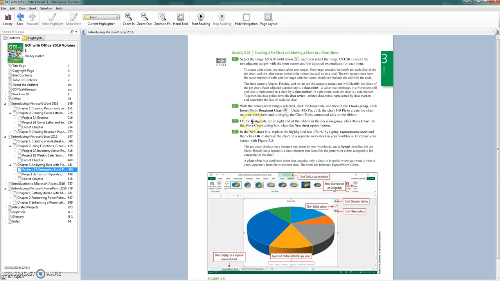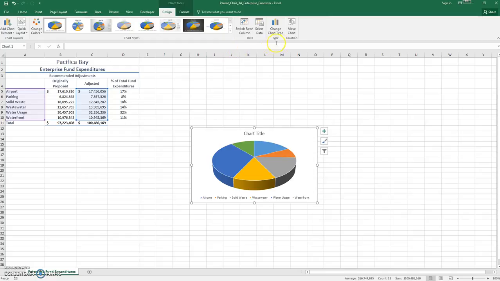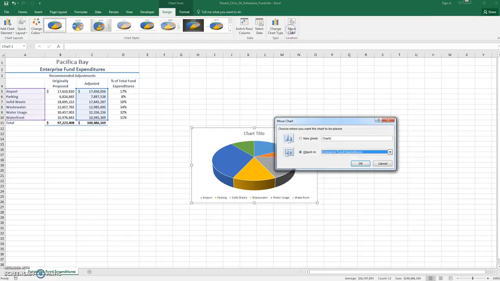So now in step 3, on the Design tab at the right end of the ribbon in the Location group, we're going to click Move Chart, and we're going to select the New Sheet option. So you'll see up here in this Location group, go ahead and click Move Chart, click New Sheet,